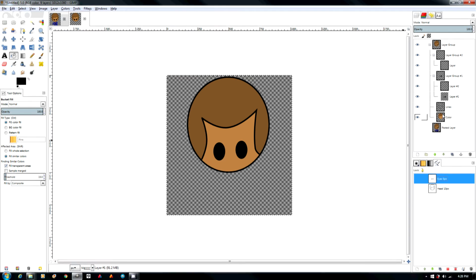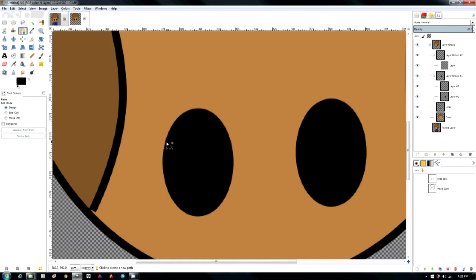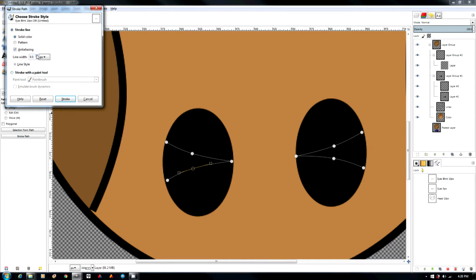our eyes. Now up here what I'm going to do is create some blinking, so I'll go back to our path tool, and I'm going to click the left mouse button, and now I'm going to do Shift left mouse button to do a new path in the same path, and then I'm going to do Control and left mouse button click, and Control left mouse button click, and we can call this eyes blink 10px,